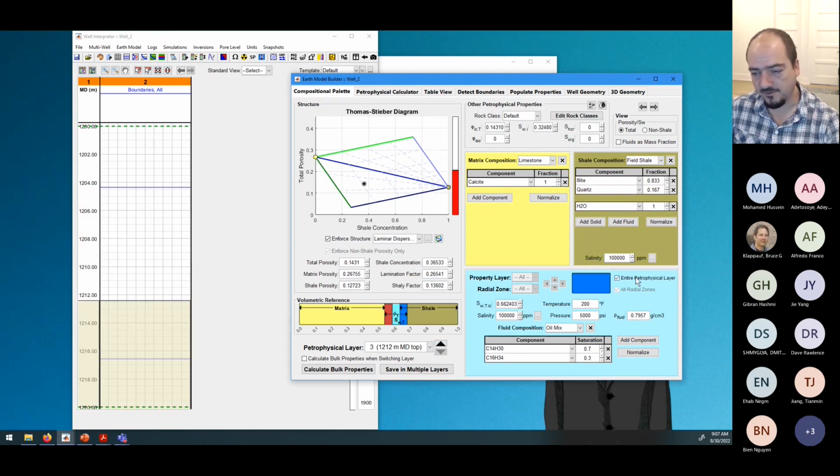No, I know why it's not showing it, but it's saying the entire petrophysical layer. So I have to unclick here. These two are saying that whatever properties I have here are going to apply to the entire petrophysical layer or to all radial zones. So I uncheck these two, and I can see